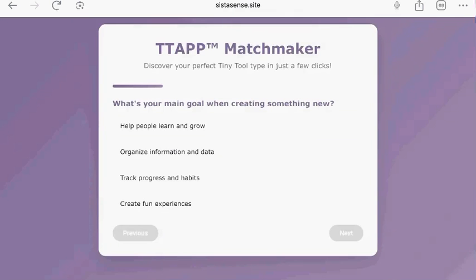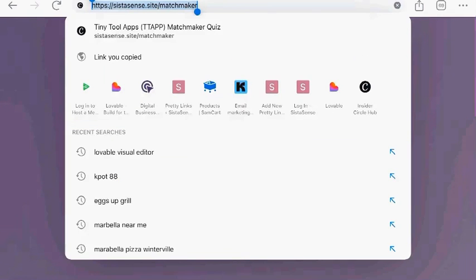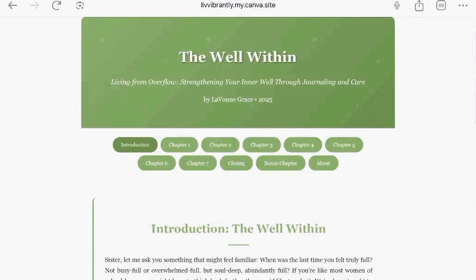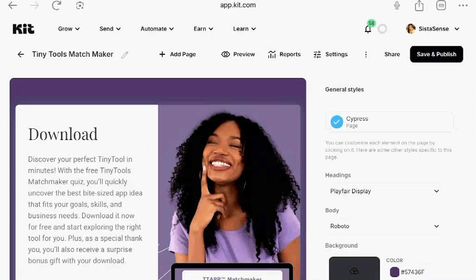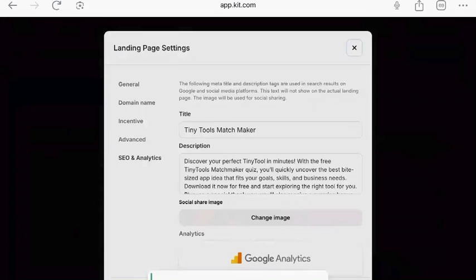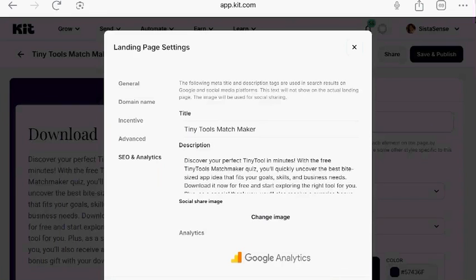So remember, you built your quiz. You got a domain name. Let me go grab that real quick. So there's 2 ways I can give them the quiz they just signed up for. Let me show you the first way. First way is I go settings, then I go to